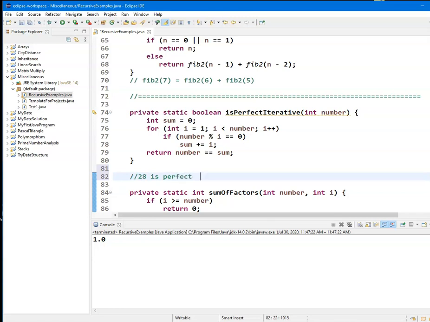Why? Because the factors are 1, 2, 4, 7, 14. Now don't include the 28, even though 28 goes into 28. Okay, don't include the 28. If you were to add up all these factors, not including the number itself, which is a factor of itself,